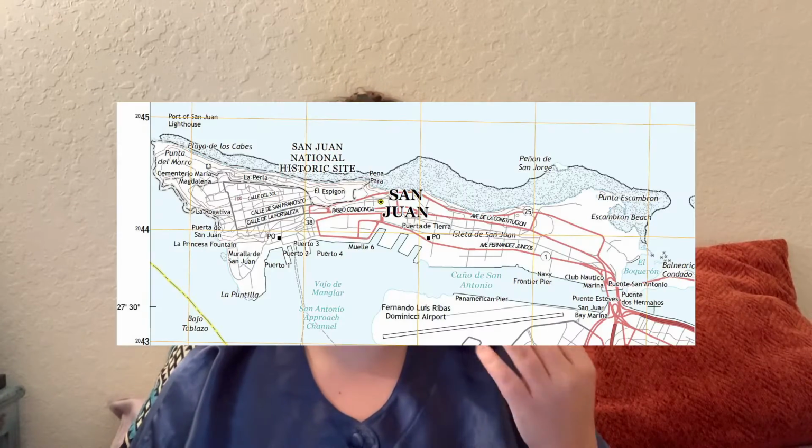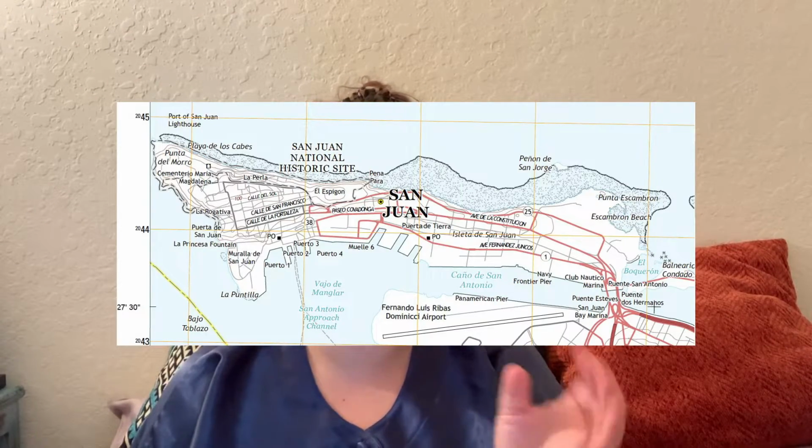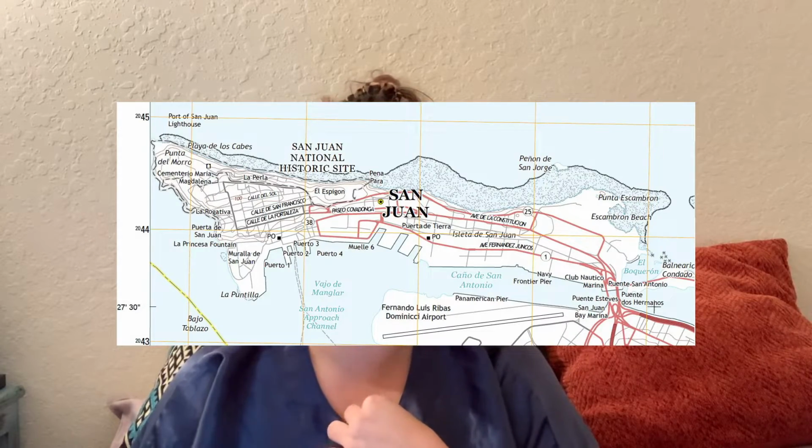Wow. Oh my god, I'm trying not to get emotional. Most of it is like northern central Puerto Rico, which is true because my grandma said that we are from a place called Puerto de Tierra, which is a little place near San Juan, which is north central Puerto Rico. So my grandma came up, my aunt came up, and then someone who I don't know came up as a second cousin. This is so